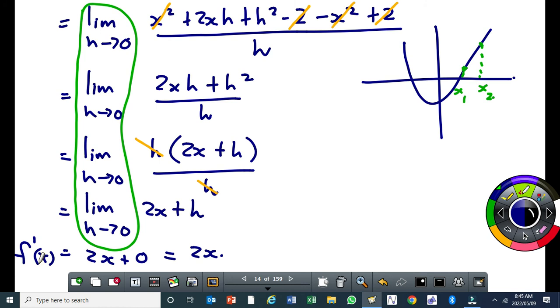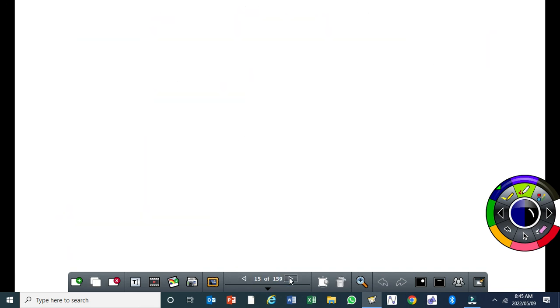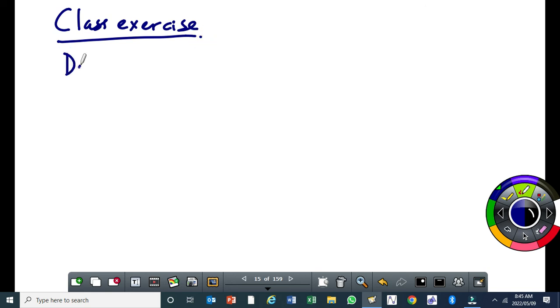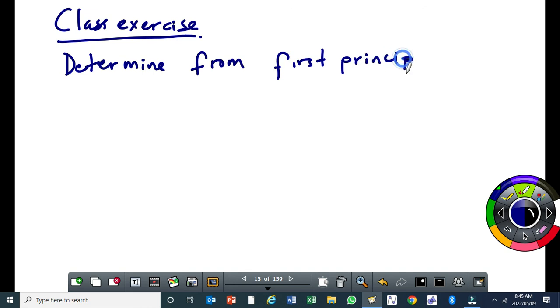Okay. Now, your class exercise. Determine from first principles the derivative of